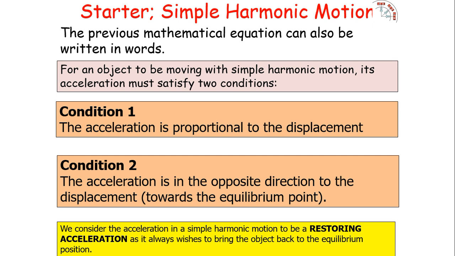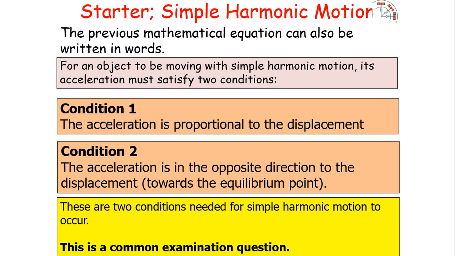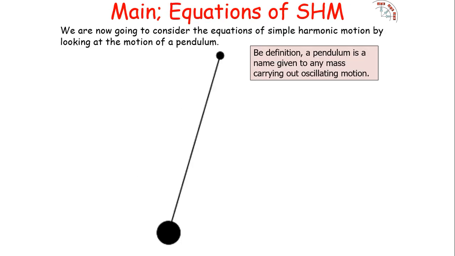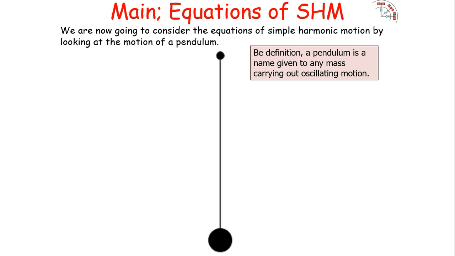Now we consider the acceleration in simple harmonic motion to be a restoring acceleration, as it always wishes to bring the object back to equilibrium. So these are the two conditions needed for simple harmonic motion to occur. And it's a very, very common examination question for you to be asked, what are the two conditions of simple harmonic motion? So now we've got the actual conditions laid out, let's consider the equations of simple harmonic motion